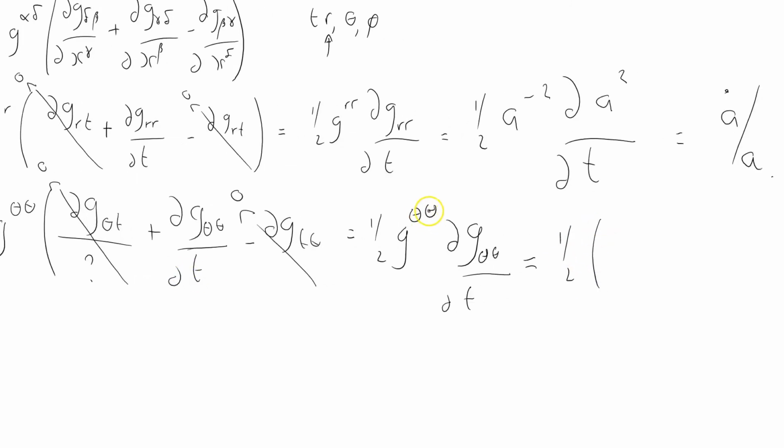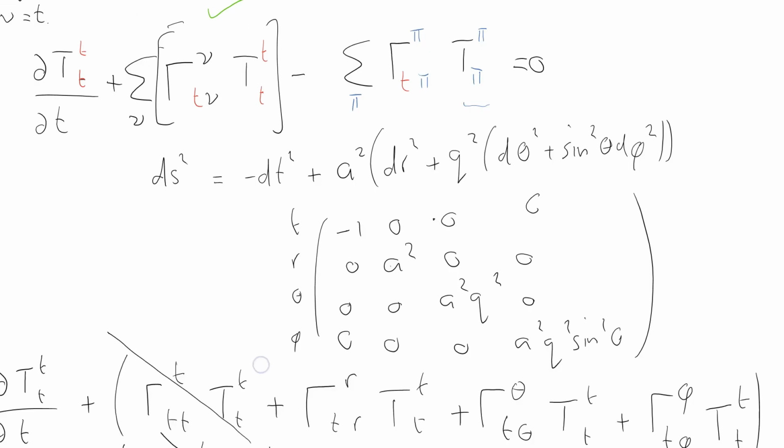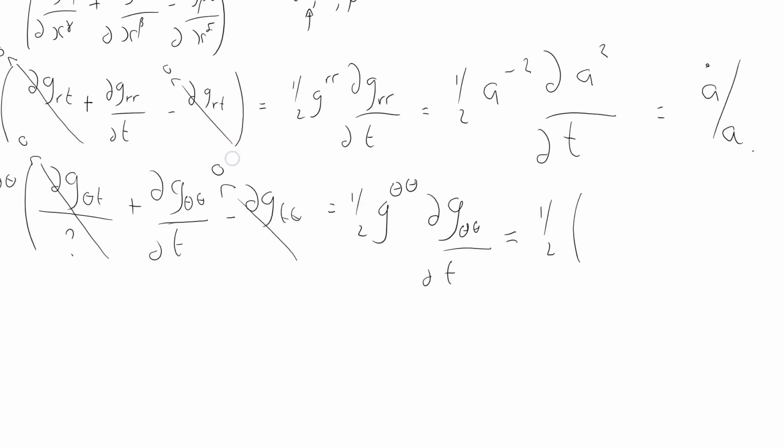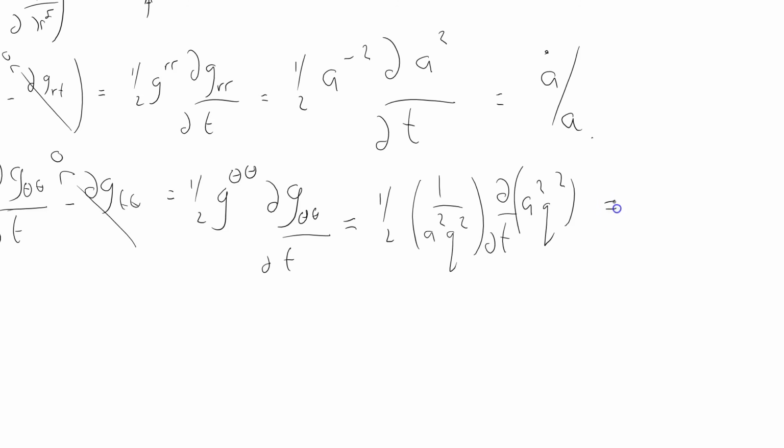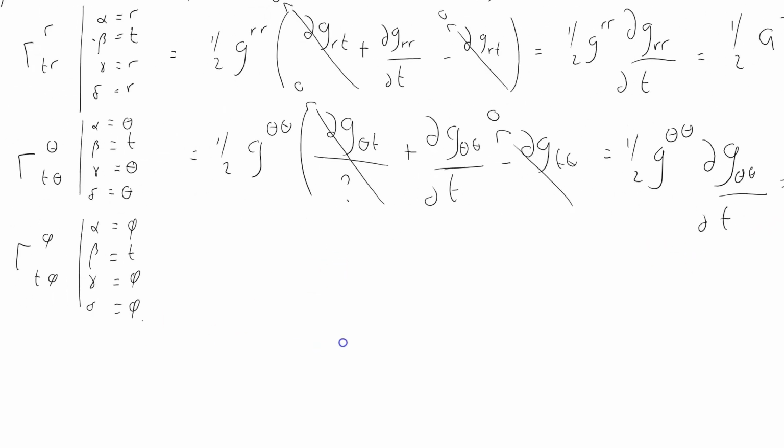Equals what? 1/2 times the theta theta superscript position is this one here, and because it's diagonal it's dead easy, it's 1 over a squared q squared, times the derivative with respect to t of a squared q squared, because that was the term we're interested in. Again, the q's cancel because that's just a constant in terms of time. Of course, q equals q of r, so there's no time dependence there. So again, that comes out to be a dot over a. Well, that's quite nice. And now we'll do the final term,